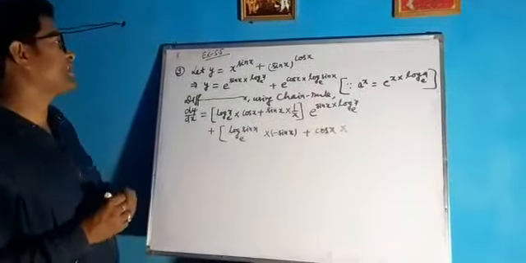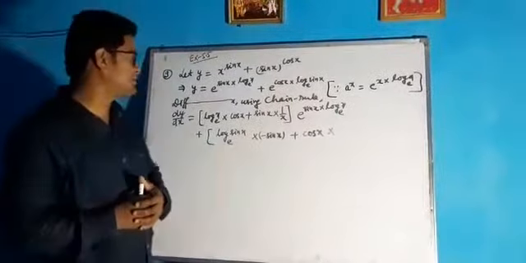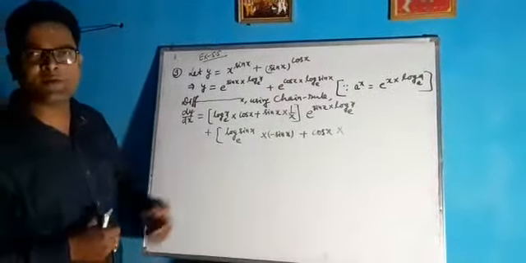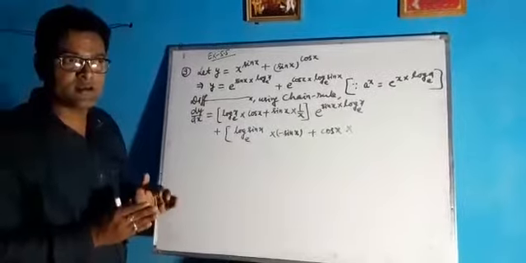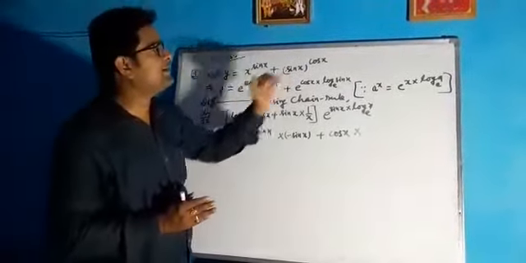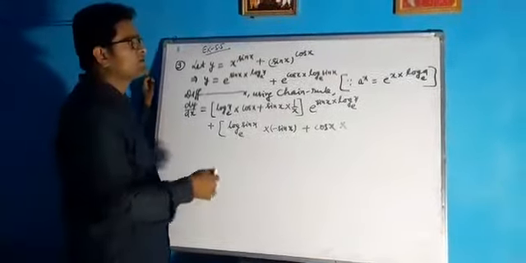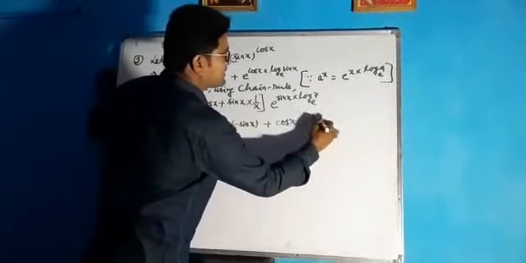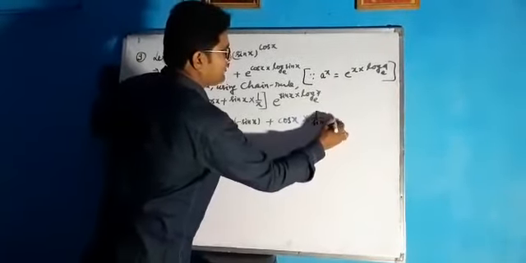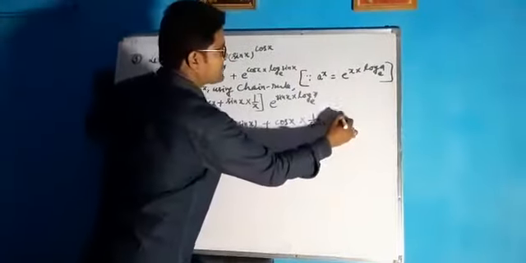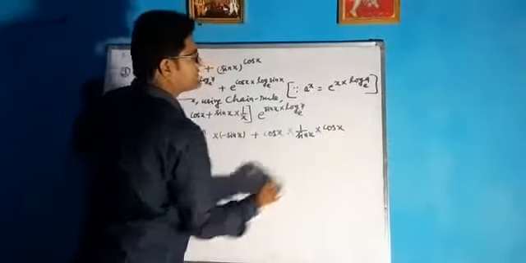Now see here the second function is log sin x. So we have to take care while finding the derivative of log sin x. We have to apply the hidden chain rule here. So log sin x is a function of sin x. So the derivative of log sin x is 1 by sin x. Then the derivative of sin x is cos x. So this is our result.